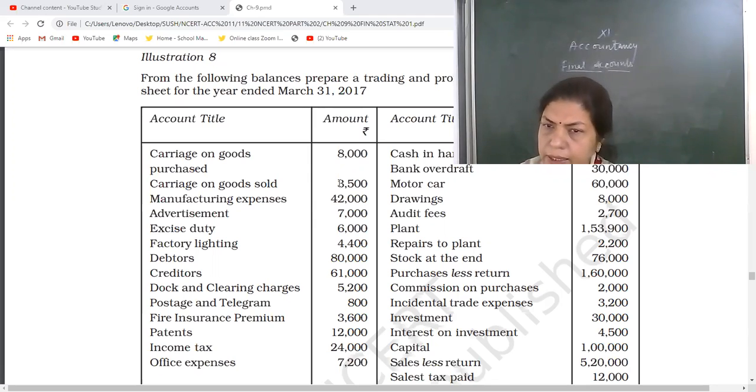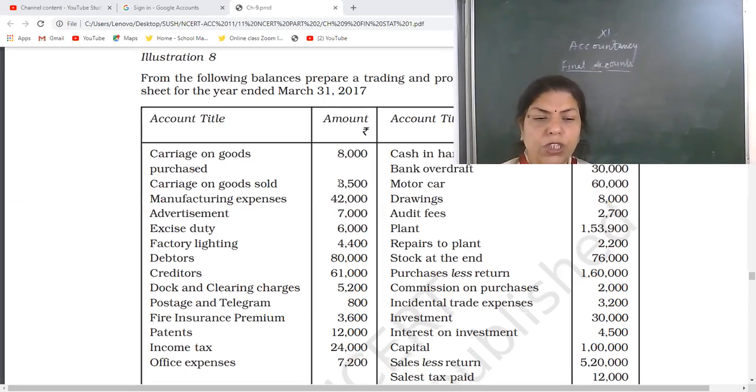Debtors are assets, the persons who will give money to the organization. That's why asset in the balance sheet. What you should do, write P for trading, P for P&L, A for asset, L for liability. This way it will become easy for you. Creditors are liabilities and are to be shown on the balance sheet. Dock and clearing charges,